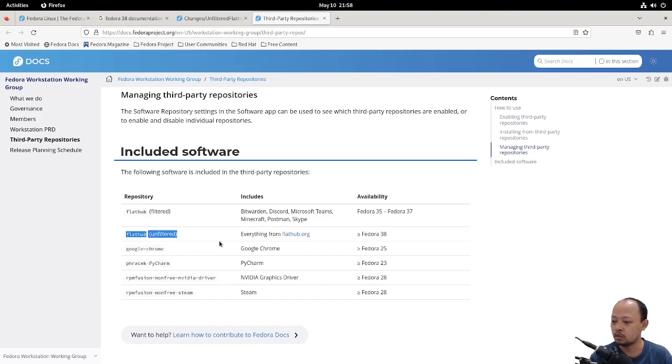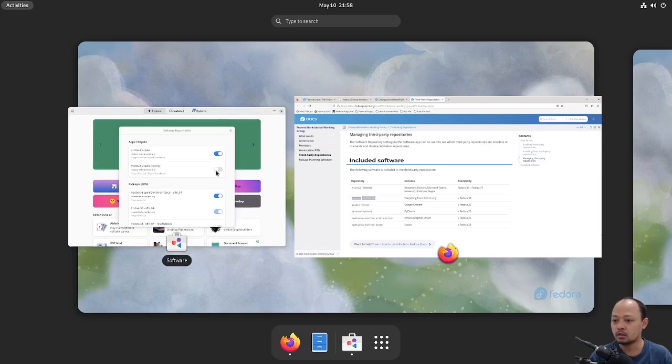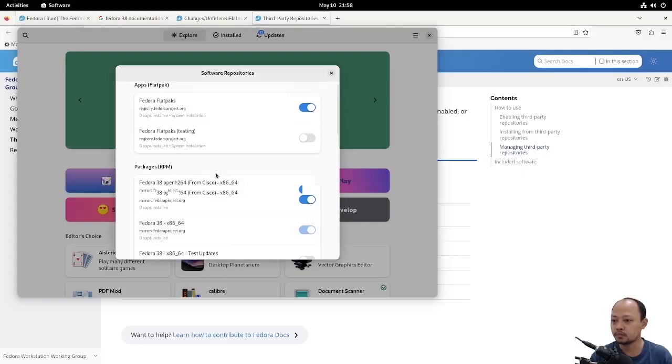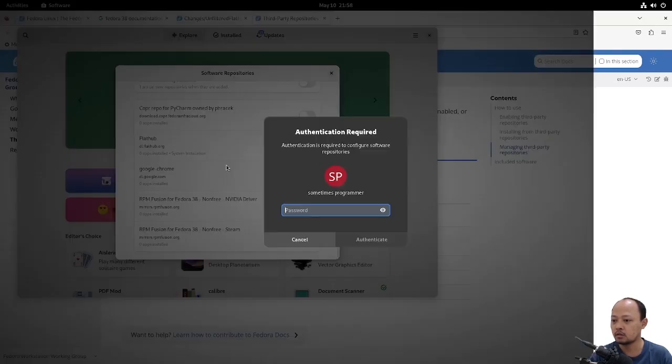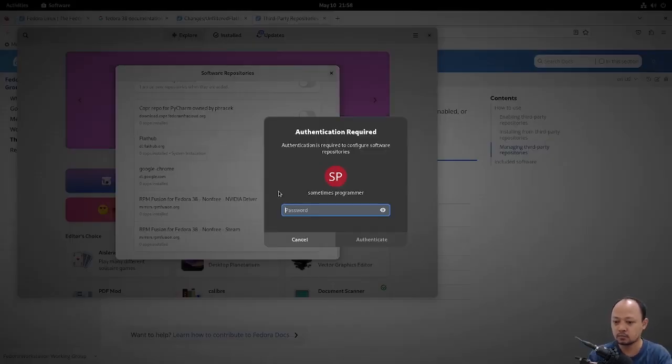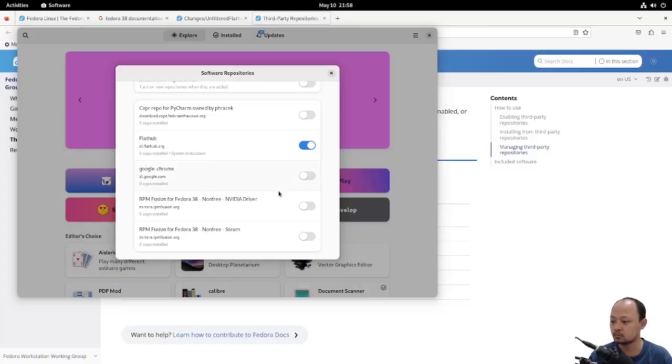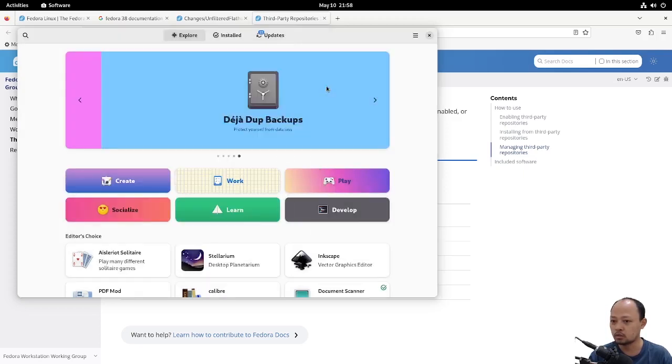It means we don't need to install or enable it manually by executing some commands, and we can enable this by clicking this button here. Then let it load the repo first. It will take time, especially for those of you who have a slow internet connection like me.